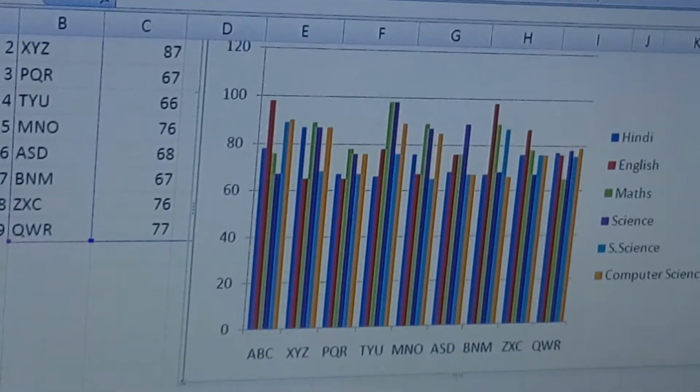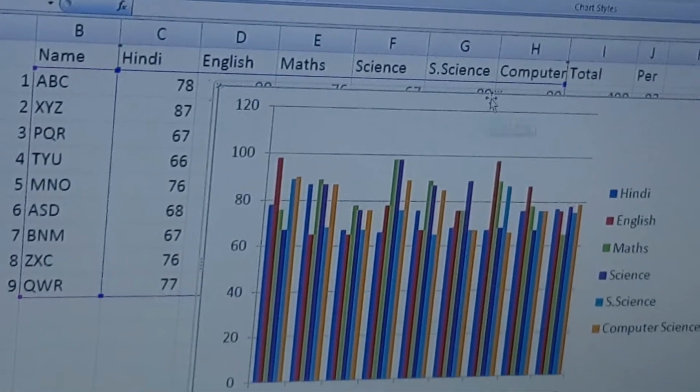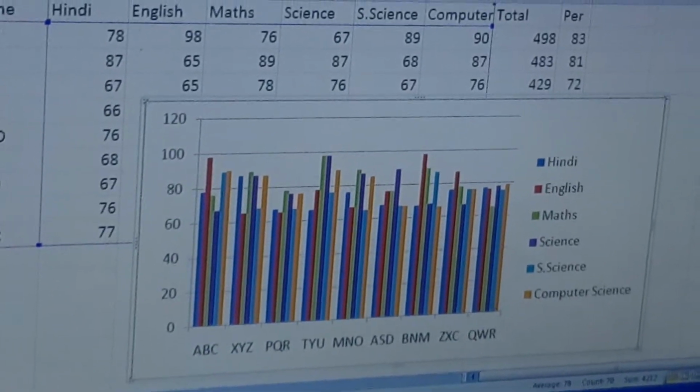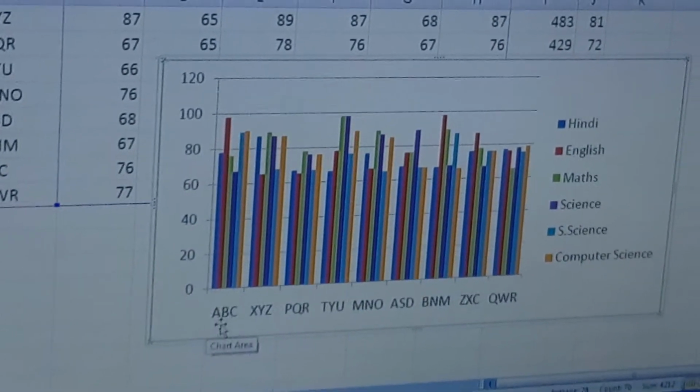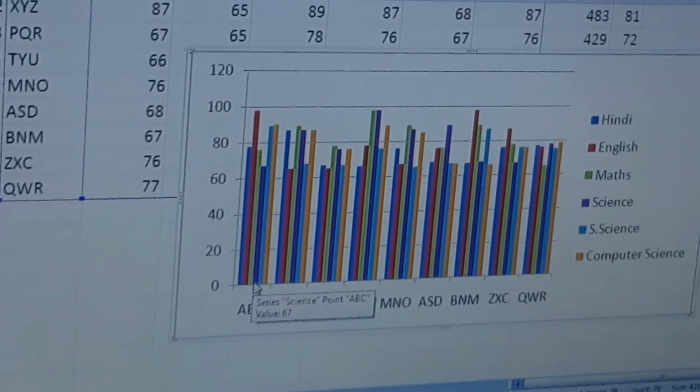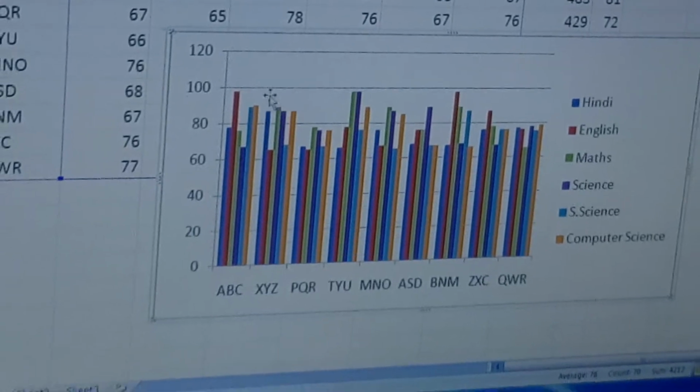So on the basis of it you can easily check the marks of ABC. You can see which subject ABC got the highest mark in, which subject the lowest, and what the highest mark is in a particular subject.